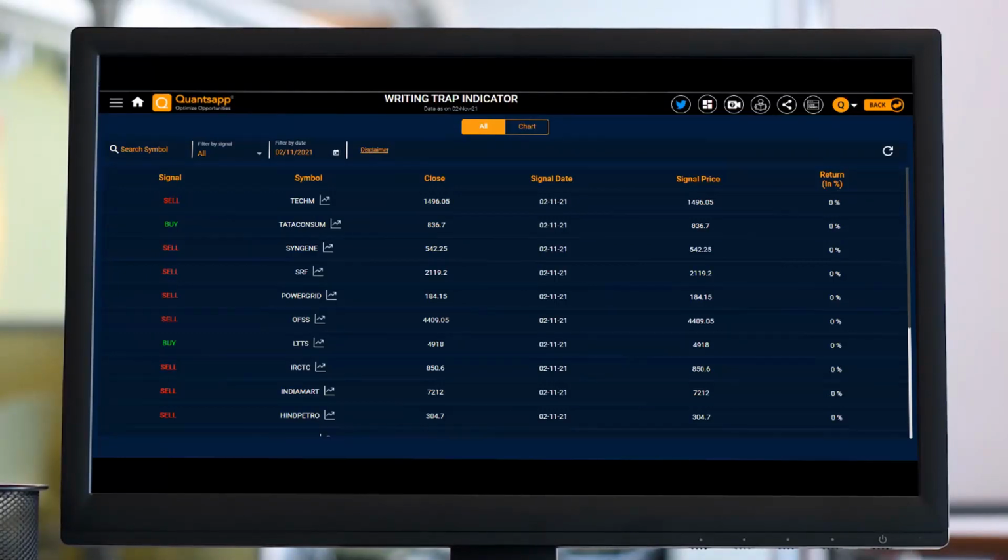Now, coming to the important thing, which is how we can go ahead and incorporate this into our trading system, which is very, very important. The ideal time to look at the trap indicator is when there are not a lot of fluctuations happening in the open interest levels. As I said, the trap indicator also involves open interest as an input while generating a signal.